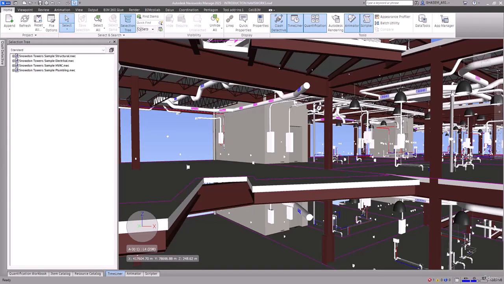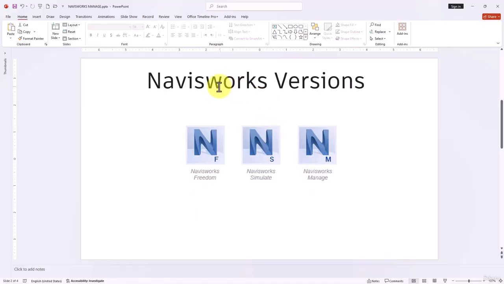In this episode, we're going to check the different versions of Navisworks, and we're going to talk about them. As you know, Navisworks actually has three versions: Freedom, Simulate, and Manage. The Freedom version is the free version, and it's for contractors or those people who are going to use it